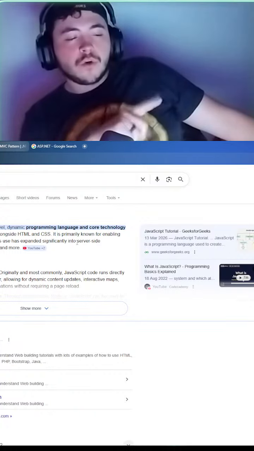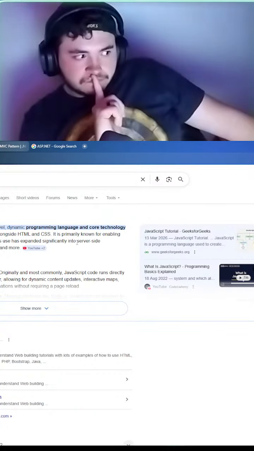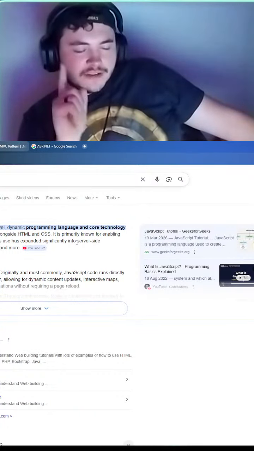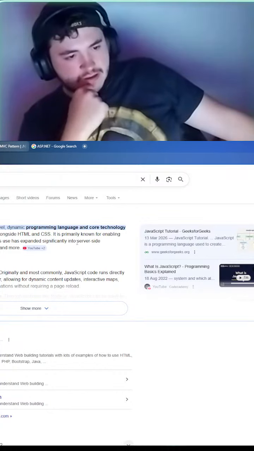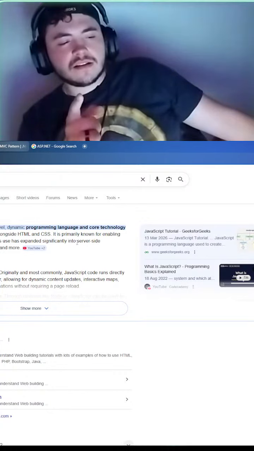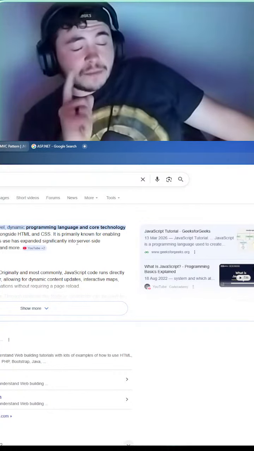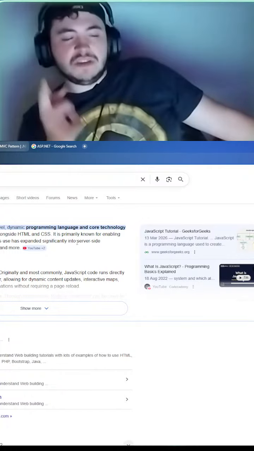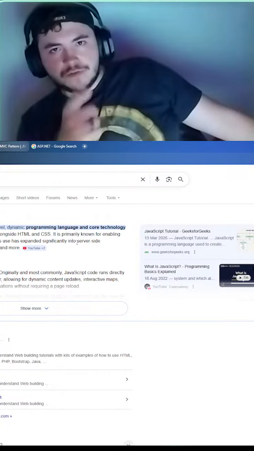Now that works only in the browser. But with the invention of Node, it allowed the single tech stack, this single programming language, to be run outside of your browser.